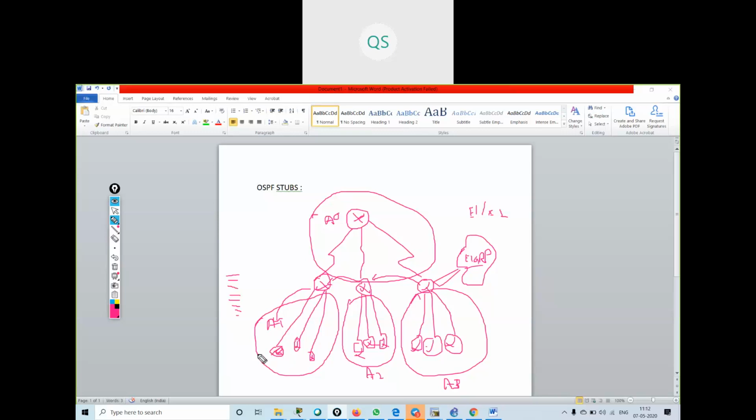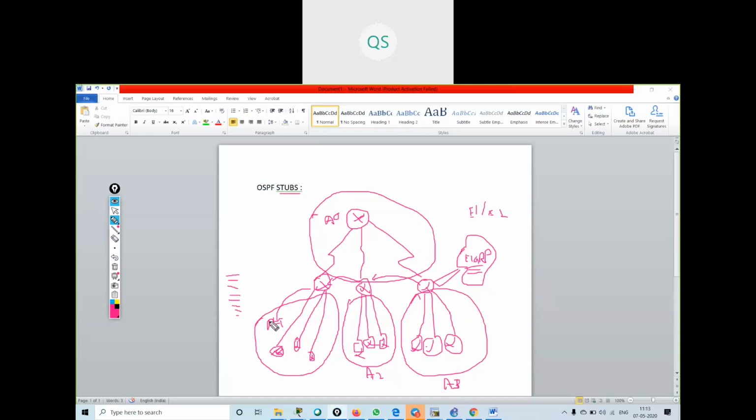But they should get the routes, the external routes of EIGRP. So to overcome this, we use a concept known as stub. In stub, we make an area a stub.